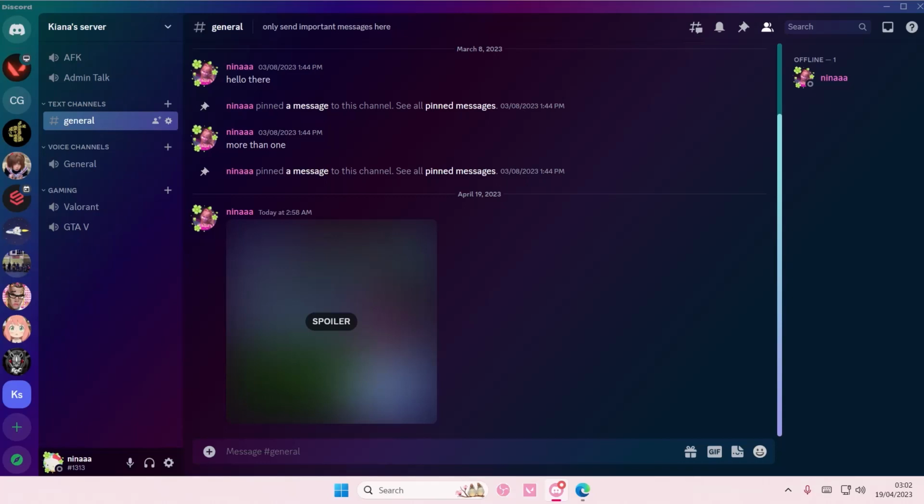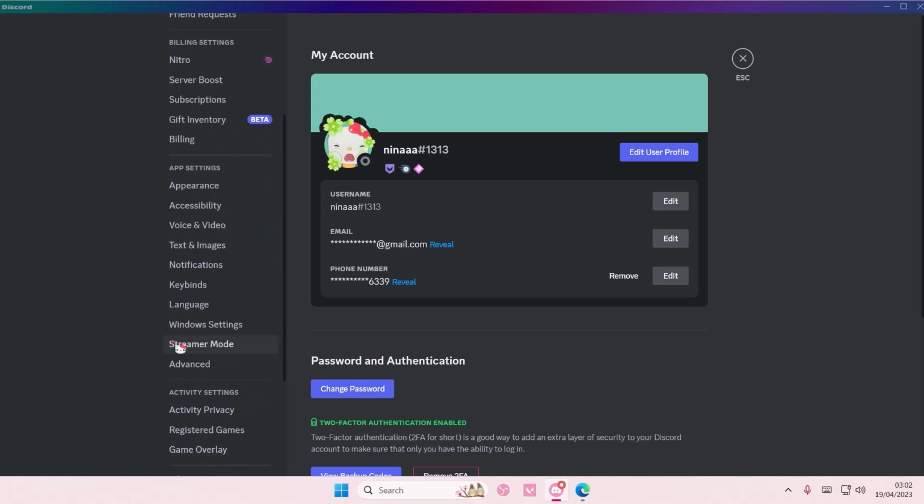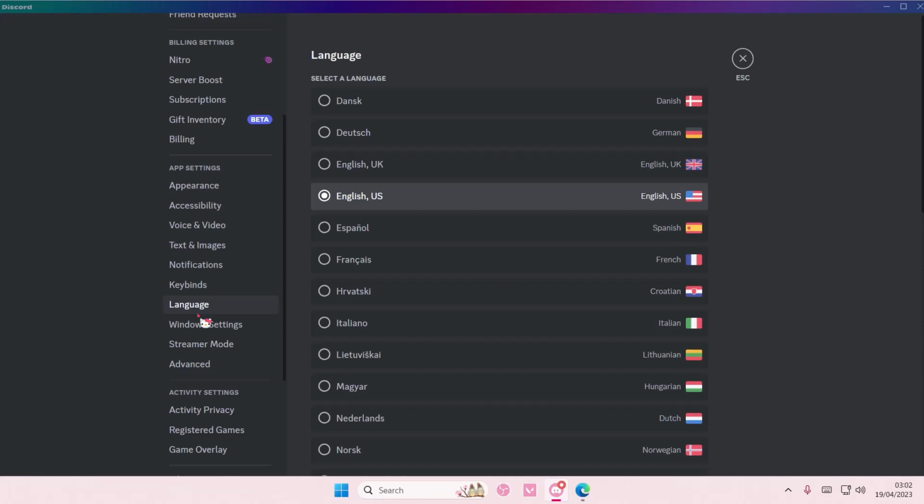In this tutorial, I'm showing you guys how you can change the language on your Discord application. So you are just going to select user settings, then you are going to scroll down until you find language, which is under app settings. Then you're going to select it and you have a lot of options you can choose from: Danish, German, English,